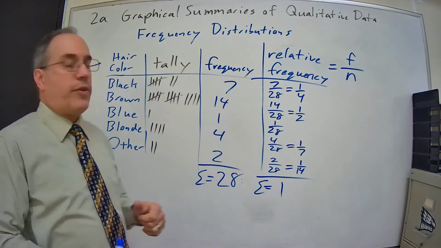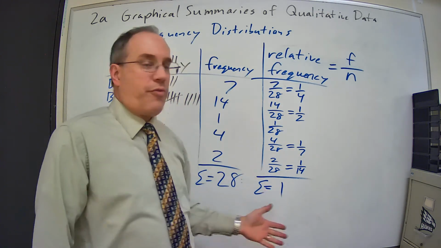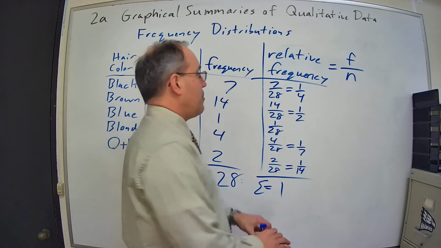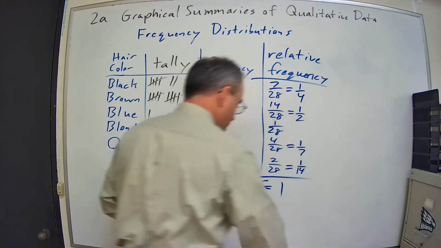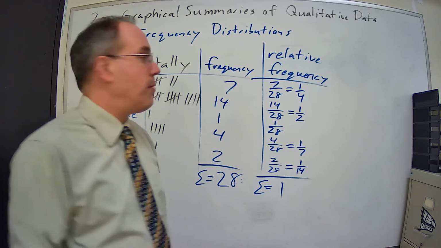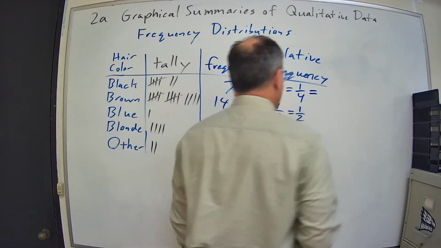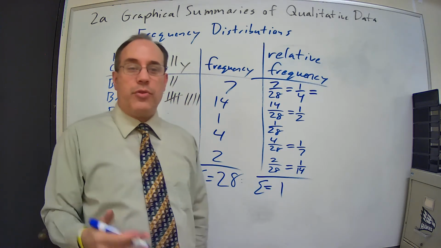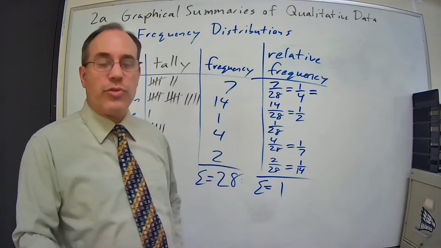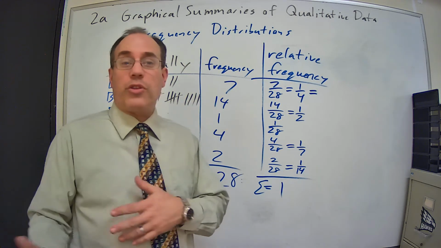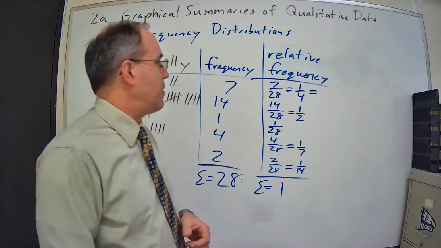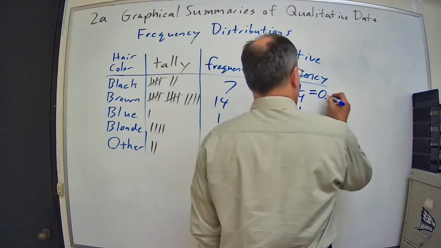So that's our relative frequencies, but some of us may not want to deal with fractions, and some of the things we're going to need to do, we don't want to deal with fractions. So let me just get this f over n out of the way, but I'm going to take my relative frequencies to a decimal. Now, when I take them to a decimal, I like to see 2 decimal places. It's usually the best setup. Going 3 decimal places never hurts anything, but when you go to only 1 decimal place, you tend to run into problems. So 1/4 is 0.25,